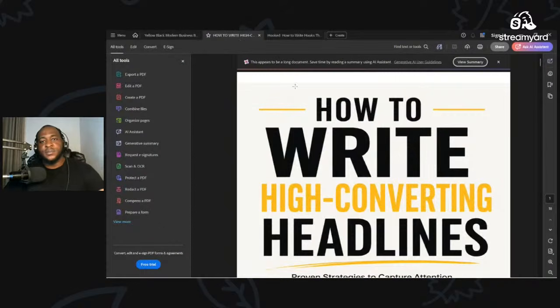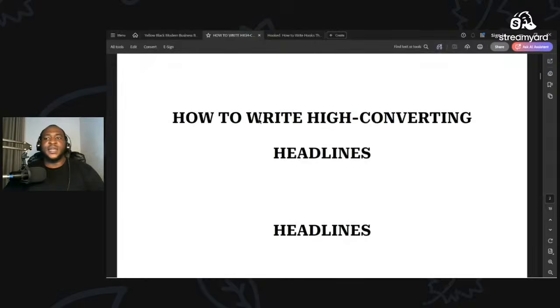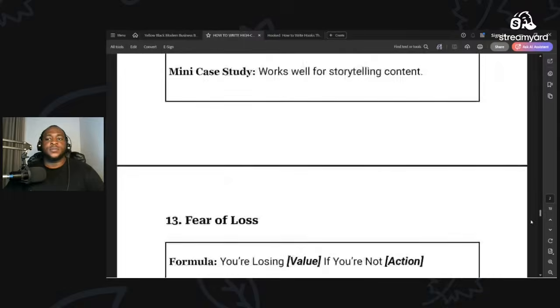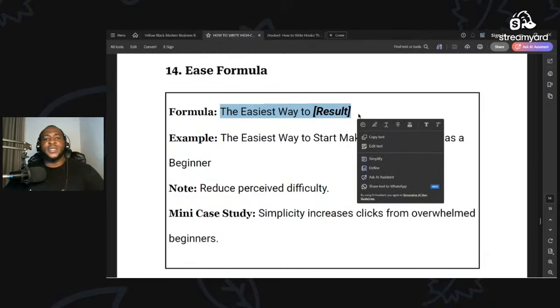We used our headlines. You know, when you combine different kinds of headlines, hooks. Let's even use the ease results. The easiest way to create an AI PDF in 2026. You understand? When you start your content with this, do you know that this is copywriting? The easiest way to craft out content in 2026. And guess what? You have already captivated people. People will be interested. What is the easiest way to generate content or to get results?